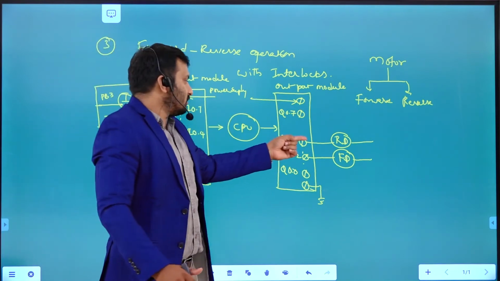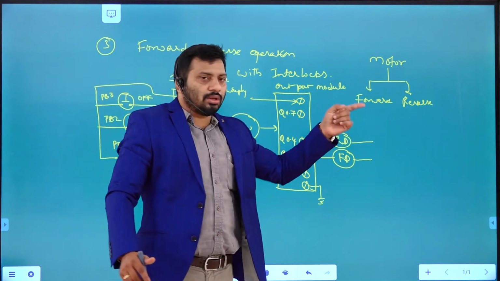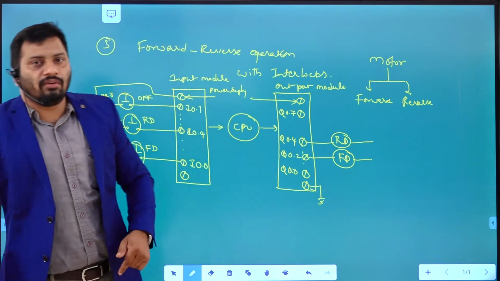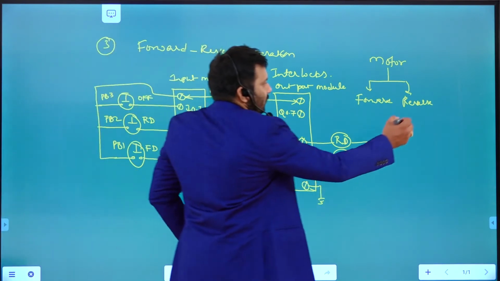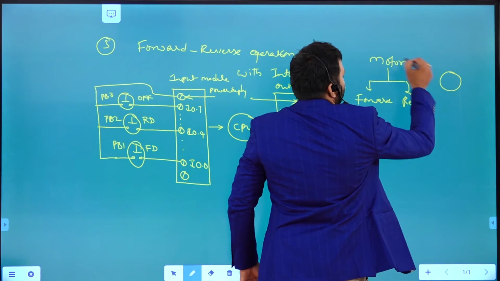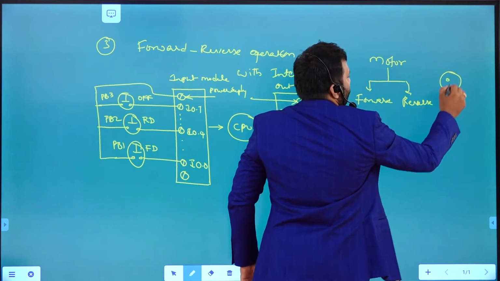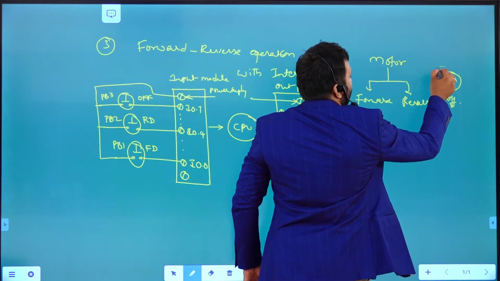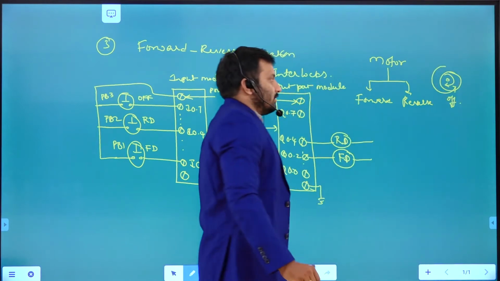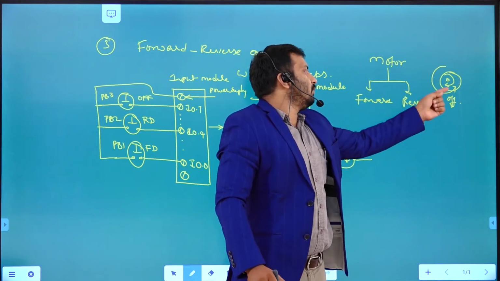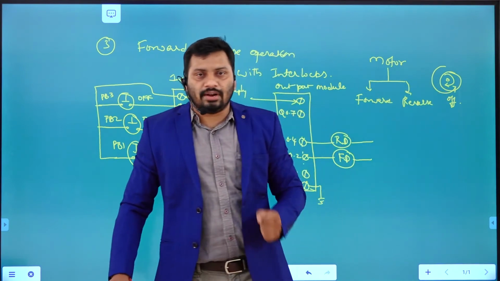This one is connected to the coil which gives supply to rotate the motor in the reverse direction. So the motor is here. You can turn it off, or rotate it clockwise, or rotate it counterclockwise. That is our intention.